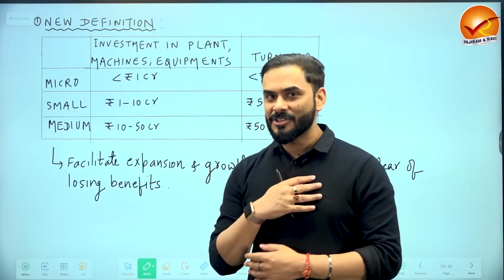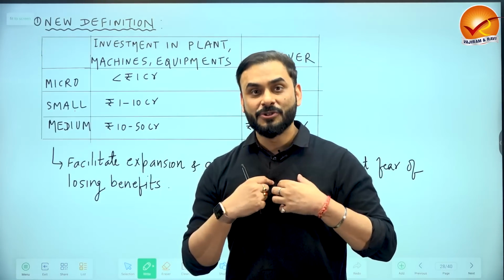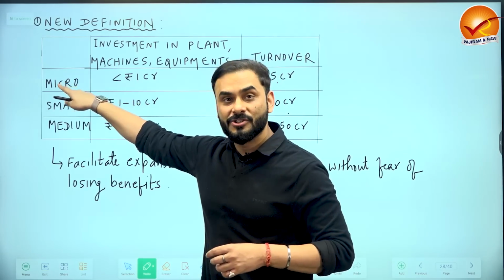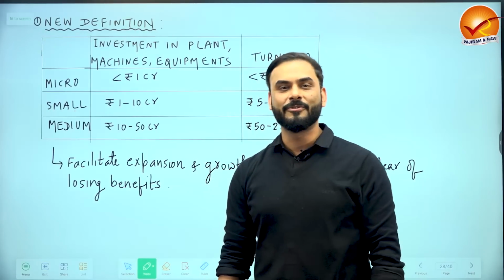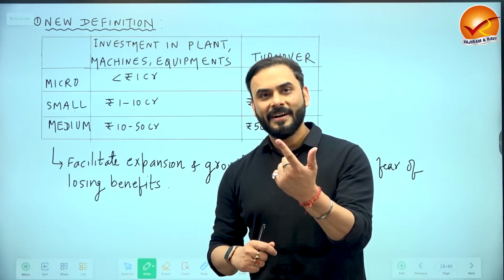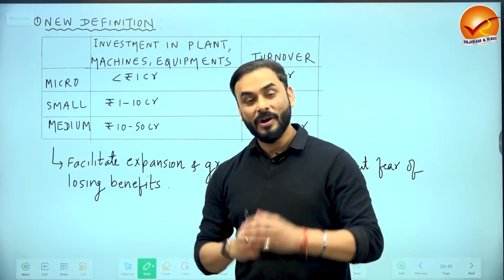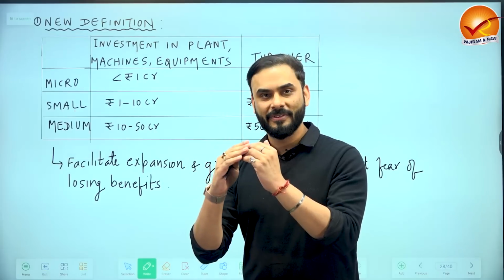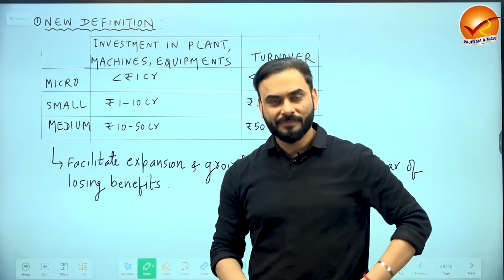Because suppose I am an industrialist and I know that Government of India will give the benefits to me by calling me micro industry if my turnover is less than 10 crore. I will keep my turnover less than 10 crore. I will never become big. So indirectly, I am using this scheme of Government of India to remain small. So our industries never became competitive. And when you remain small, the quality of your product is also not good.